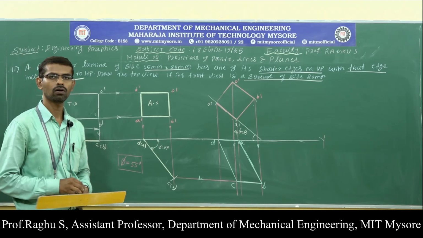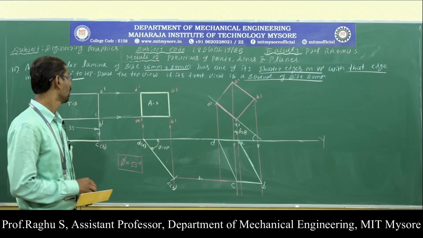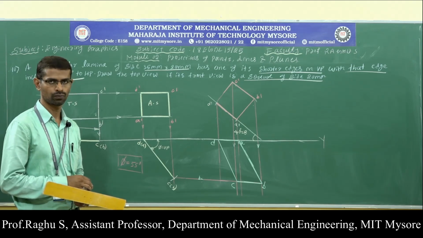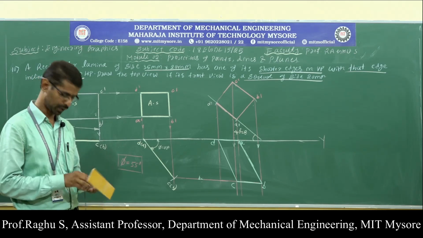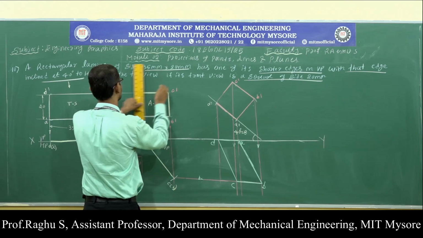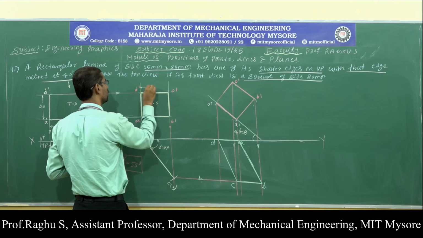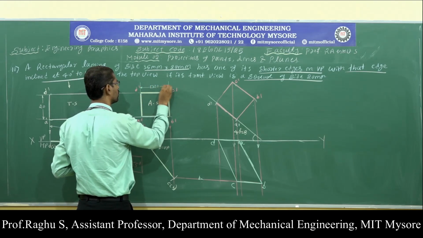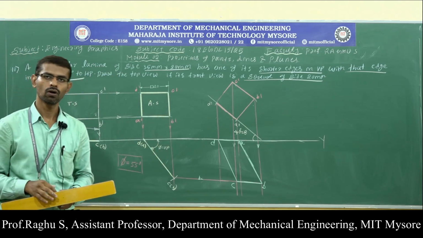So this is the final position of the rectangular lamina, when the lamina looks like a square in the front view of dimension 20 mm, and the side on which it rests makes an angle of 40 degrees with respect to HP. And here also we should indicate the dimension of the square lamina. Just draw the square symbol and write the dimension 20 mm. So this is the solution of the given problem.